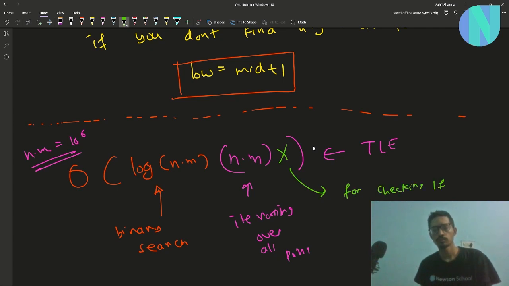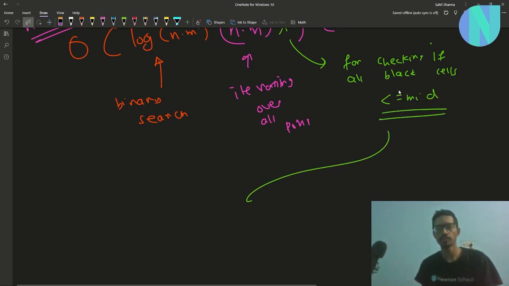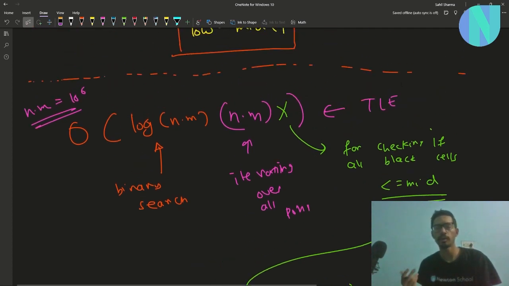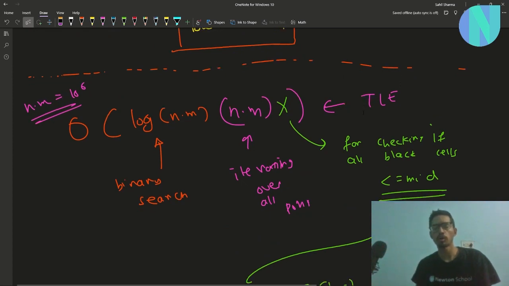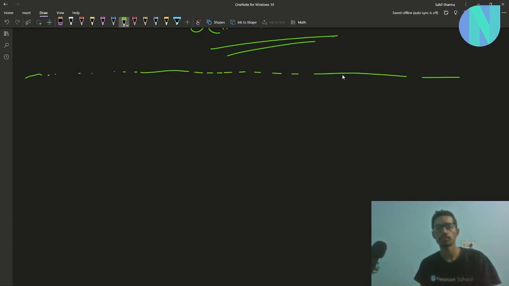if all black cells have gap less than or equal to mid. So we have to do this operation in O of 1 or O of log something, because if we take n or m complexity for doing this, our solution will TLE. So how can we check if all the black cells have a gap less than or equal to mid for a given point? So now our problem is,